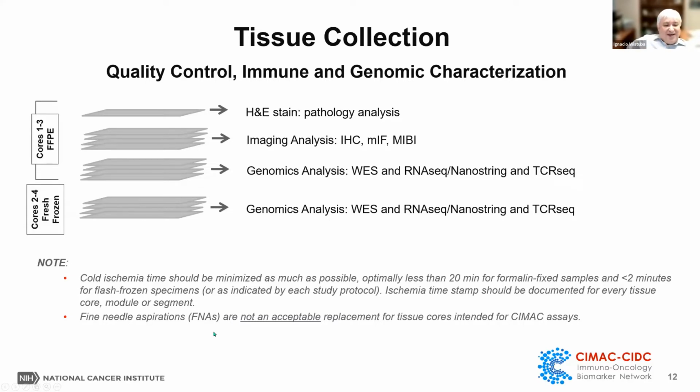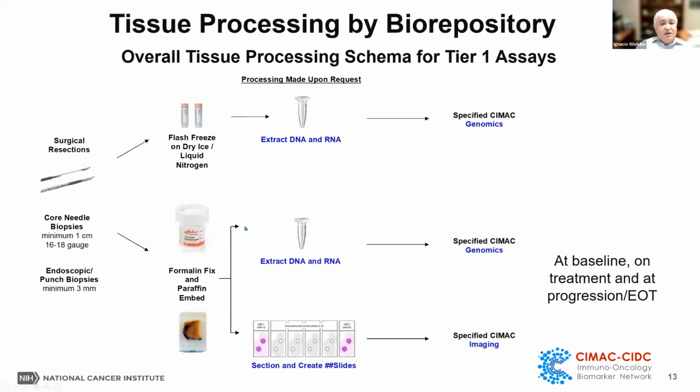I would like to indicate that we consider fine needle aspiration, which is cytology specimens, not acceptable. For our analysis so far, they do not replace tissue specimens. This is an overview of the options with tissue: surgical resection, core needle biopsy, endoscopy samples that can be fresh